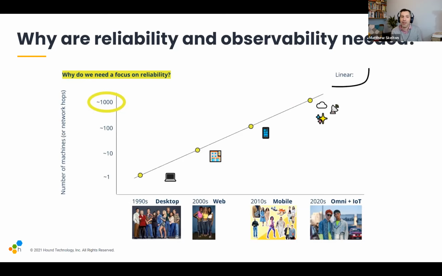Mm-hmm. And if there is a failure mode or an unusual behavior which is like 1 in 1,000, and you only have a single machine, 1 in 1,000 used to be rare. It used to be rare, exactly. So back in the 1990s, 1 in 1,000, if you only got a single machine, you'd only see that error once every 3 years. But now, 1 in 1,000, you'll see it every day. And so